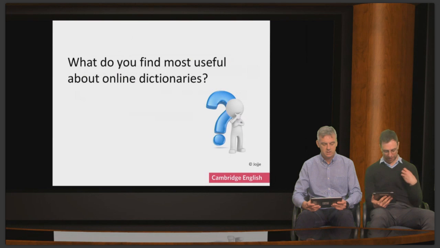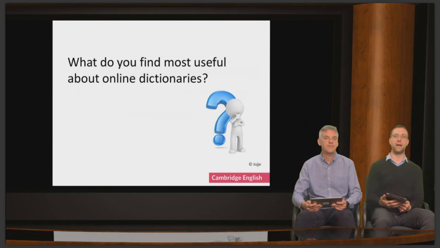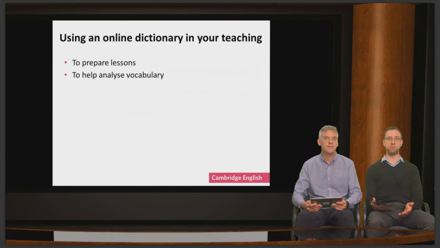Some people are already saying they're fast and they're convenient, they're at hand. It's very easy to search for words in the online dictionary. Lots of good ideas coming through. It's very easy to access, it's available, fast to use, helps you with the pronunciation, practical. A lot of people are mentioning that it's quicker. Great. Generally, it would be quicker to look things up on an online dictionary than in a paper dictionary. So that's true. So there are lots of advantages,